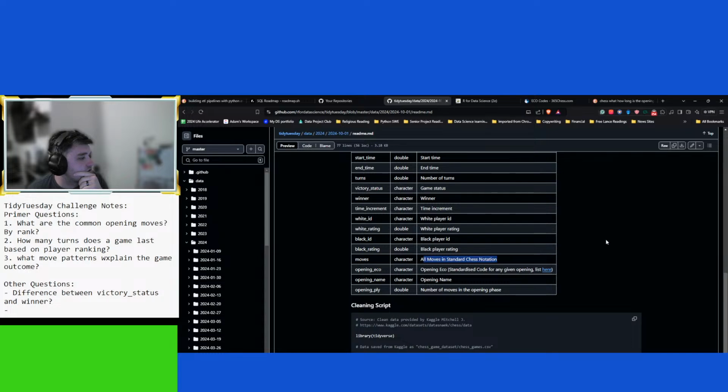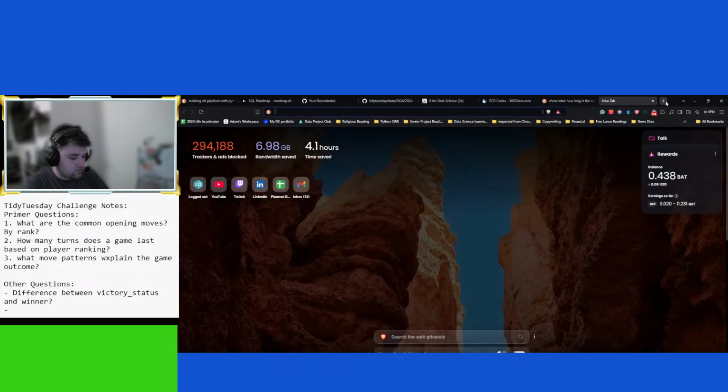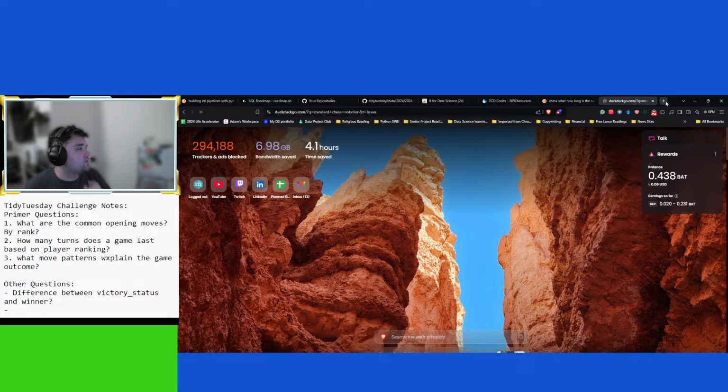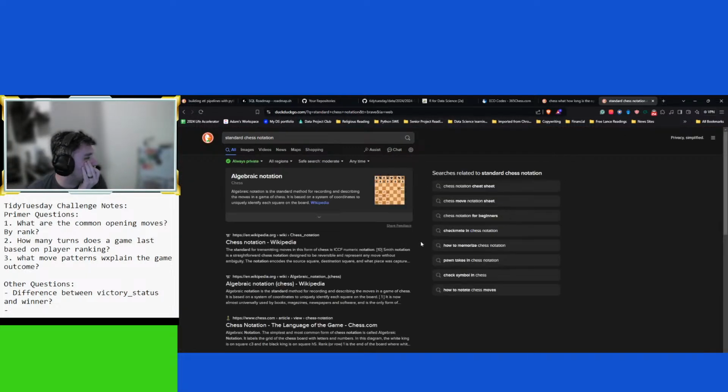All moves in chess notation? Or is it just going to be a long string? Oh, okay. Algebraic notation. Standard method for recording and describing the moves in a game of chess. It is based on a system of coordinates to uniquely identify each square on the board. Oh, okay.